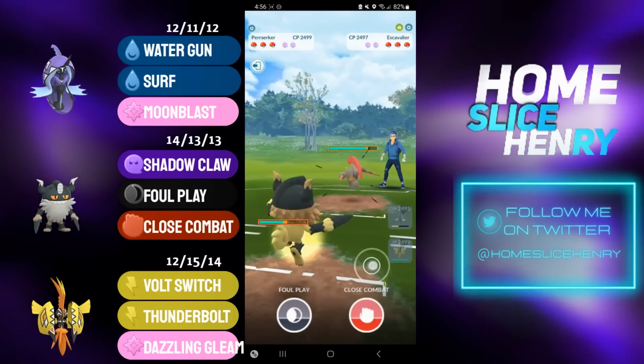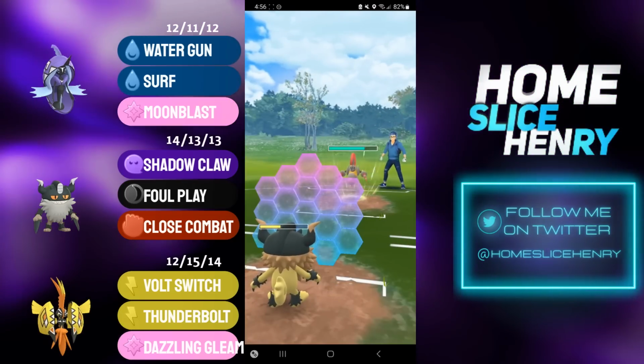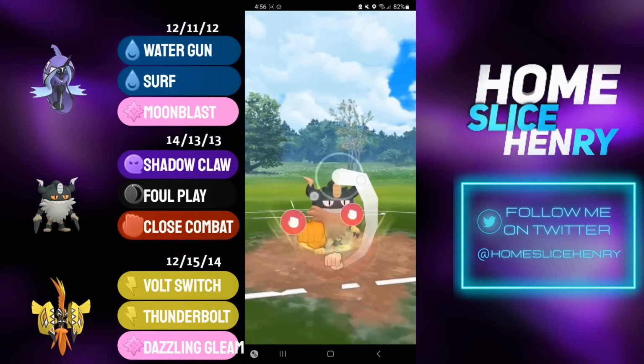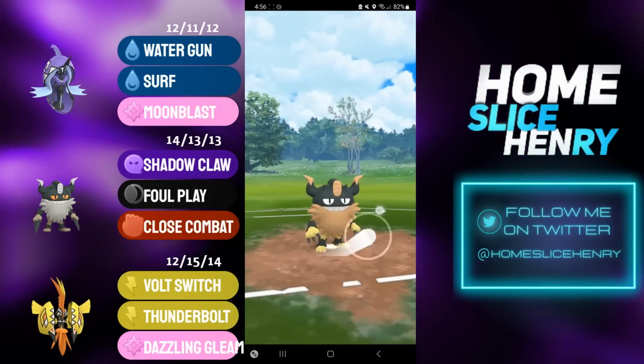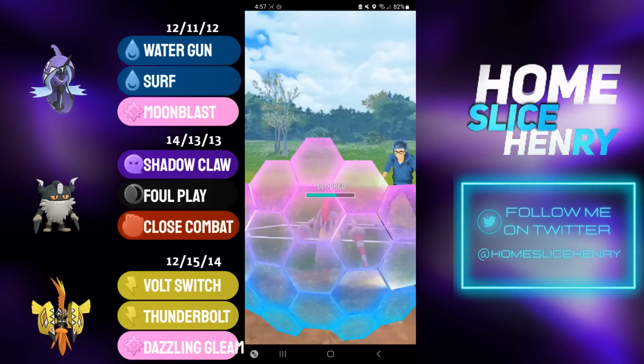I'm farming up, firing off the Close Combat, and unfortunately I do lose the CMP to the Escavalier. Honestly, not too concerned about it. I'm just going to commit the shield and go for the Close Combat. If my opponent decides to commit the shield here, which they do, and go for the farm down, I'm able to make it to Close Combat number 2, despite the fact that my defense has been lowered,